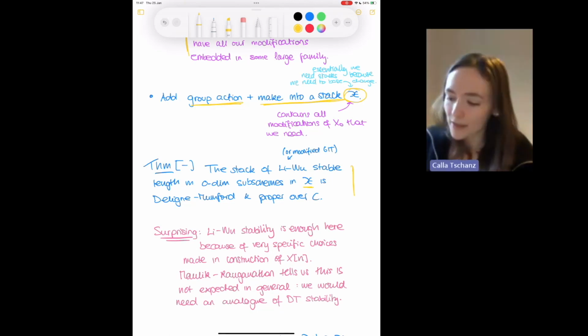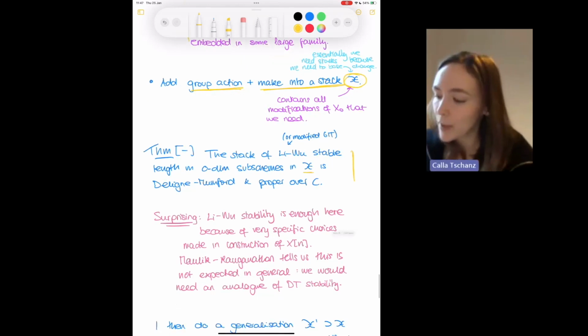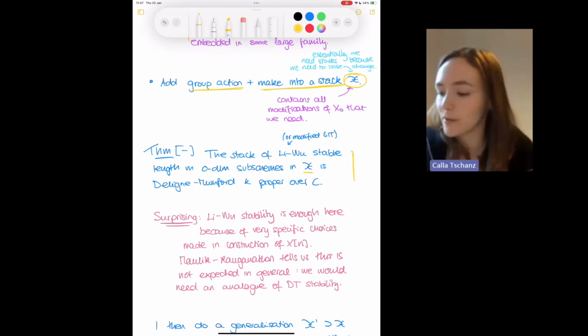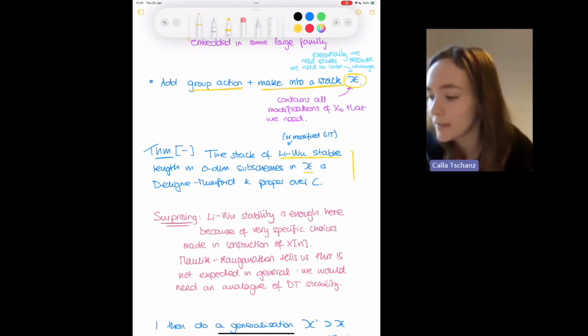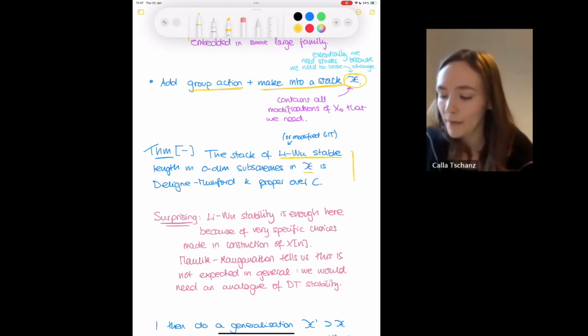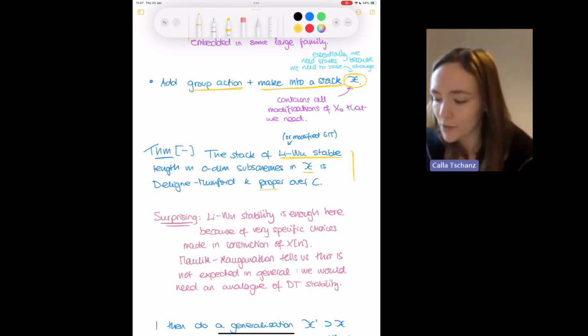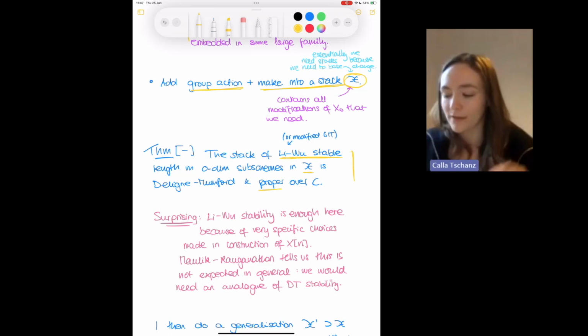So this is a very surprising thing that happens here, actually, because here we are able to just take the stack X and apply the simplest stability condition you can apply in this type of problem, which is the original stability condition from Li and Wu. And this tells you there's nothing else to do. If you do that, you're already finished. You already have a stack which is proper and everything works out.